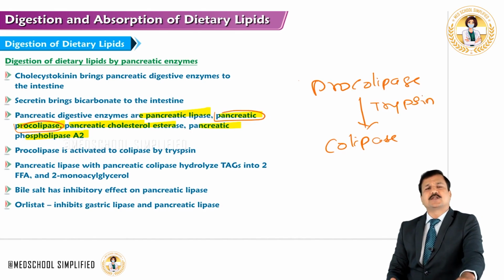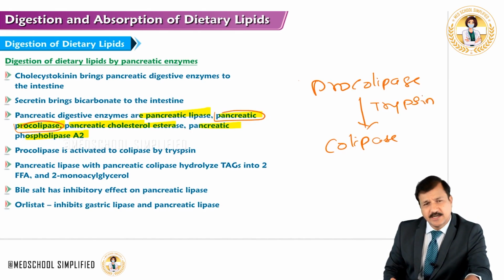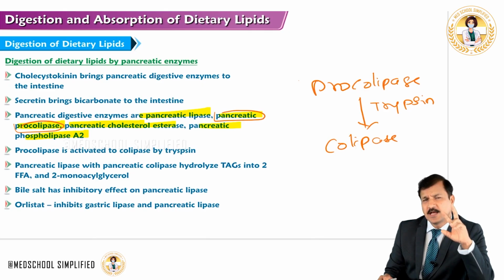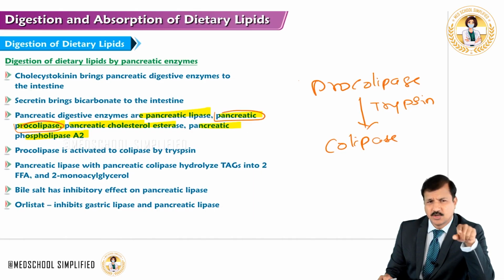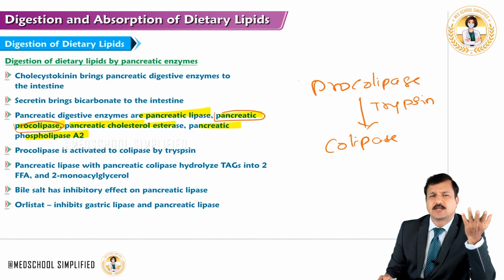And note that this trypsin as such comes from the pancreas in its inactive zymogen form, as trypsinogen, and first trypsinogen has to be converted into trypsin. That is done by an enzyme called enterokinase or enteropeptidase, which is attached to the brush border epithelium of our intestine towards the luminal side. Once trypsinogen is converted to trypsin, that trypsin is going to activate most of the zymogen enzymes coming out of the pancreas, and one of the enzymes in the zymogen form participating in dietary lipid digestion